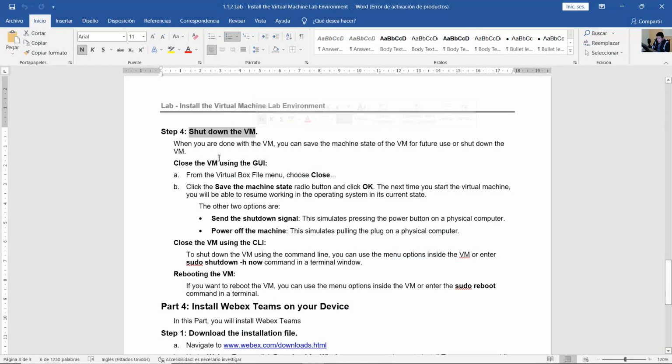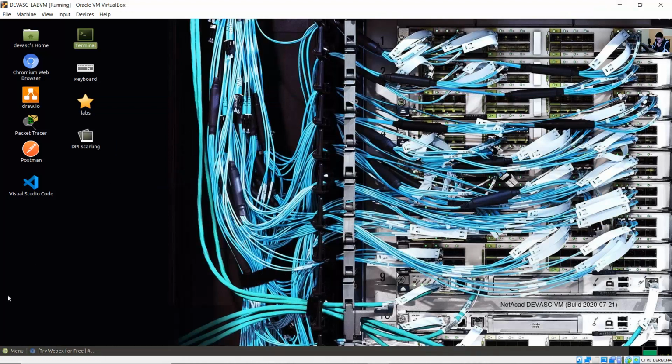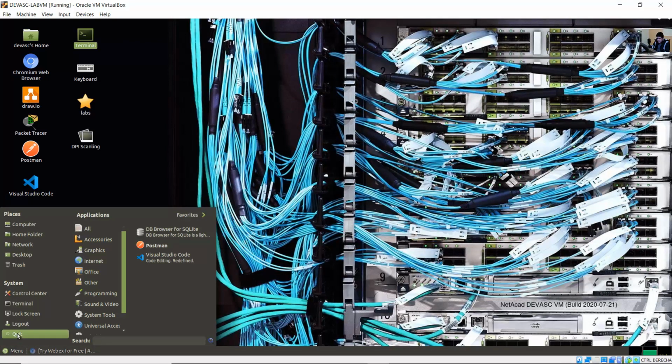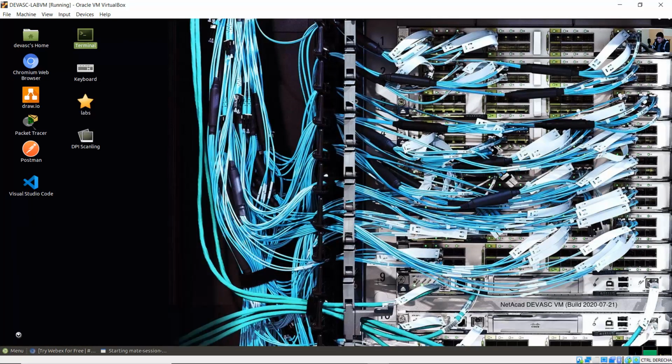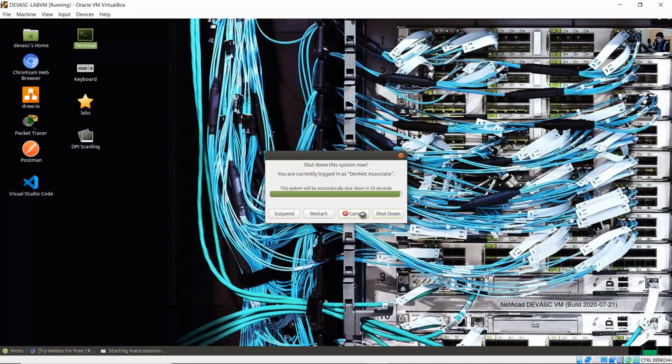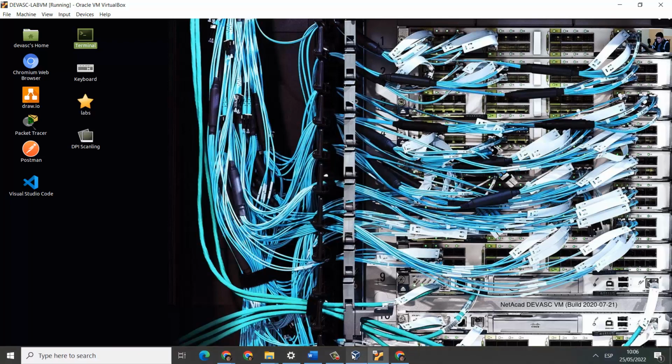Shut down the virtual machine. Use the graphical user interface. On menu, close. Menu, you can quit. So you can choose shutdown. But I will just cancel because